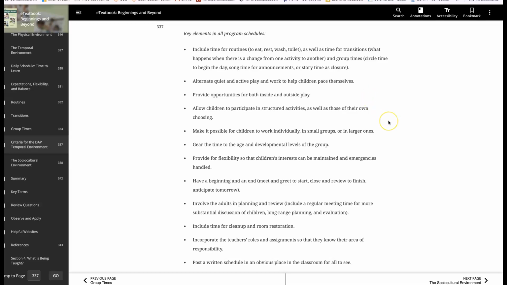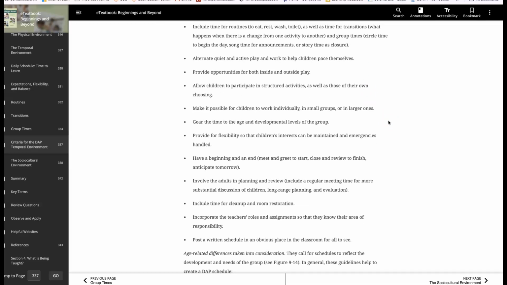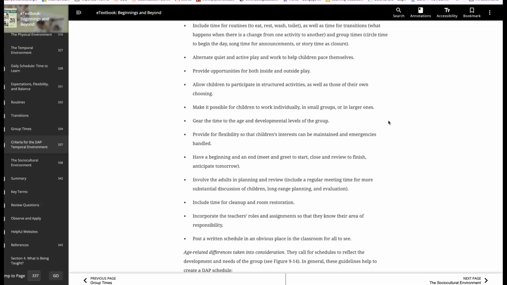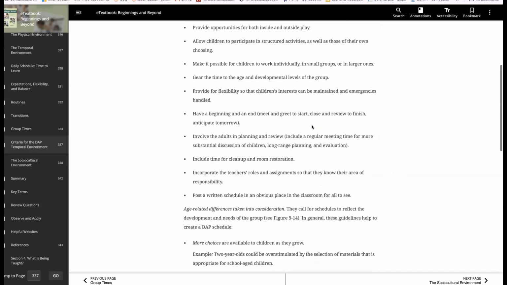And also, you want to make sure children have the opportunity to work in small groups and large groups. And speaking of group time, a good rule of thumb is for preschool age children, they should be in group time no more than 10 or 15 minutes. So 2-year-olds are maybe 5 minutes. My rule of thumb is always double the age of the child, and that tells you how long you'll have their interest as far as group time. So make sure you go through this information in your book, and